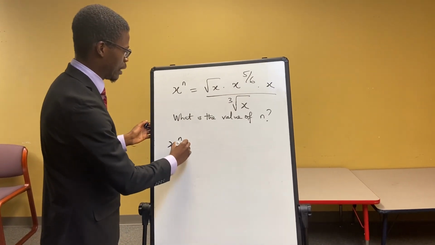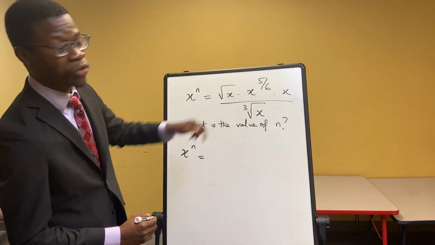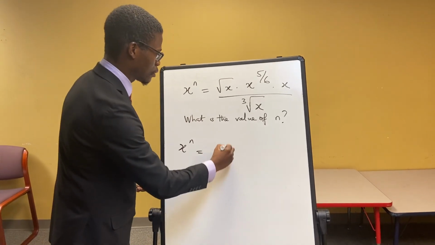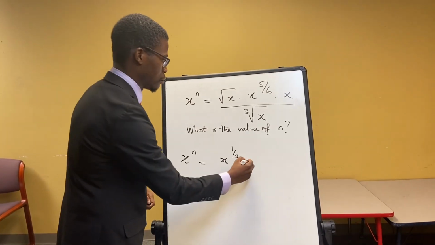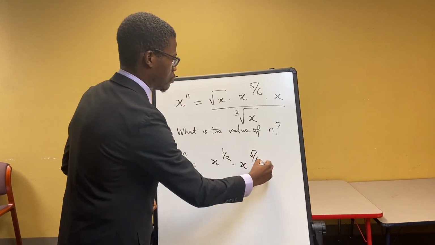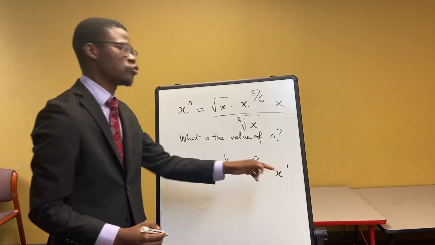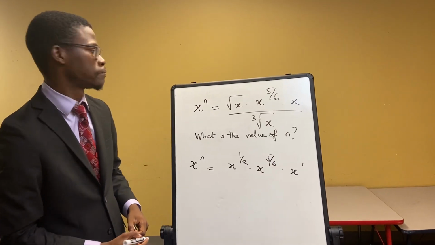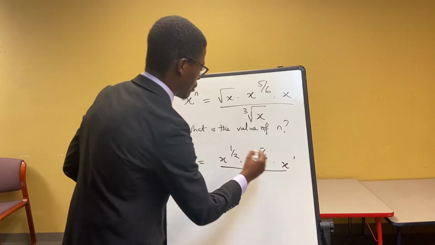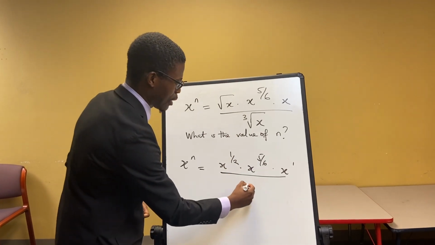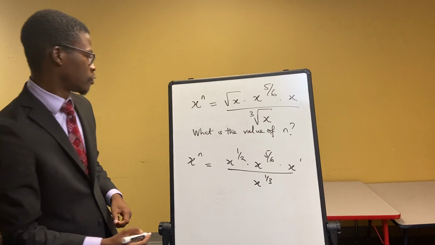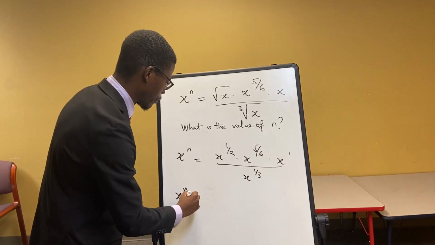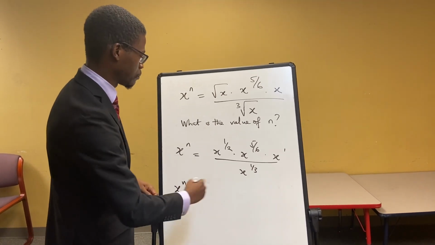x to the power of n equals square root of x. You can write it as x to the power of half. Okay. Then this I can write as x to the power of 1. Okay. Divided by this, I can write it as x to the power of 1 over 3. Okay. Then moving further, we have x to the power of n equals